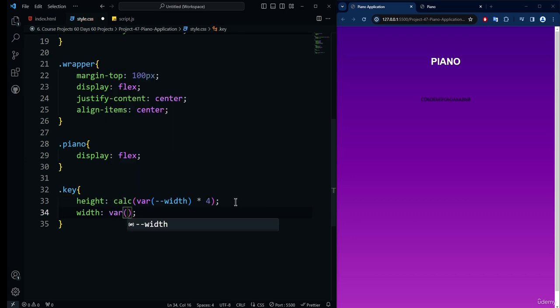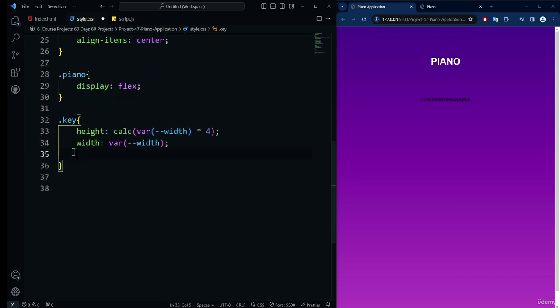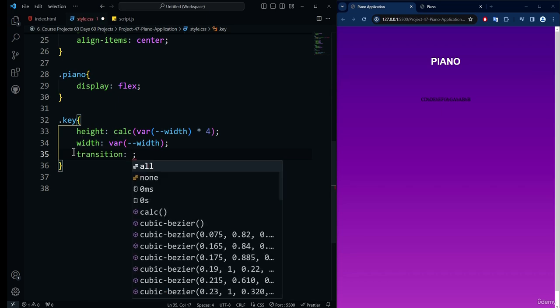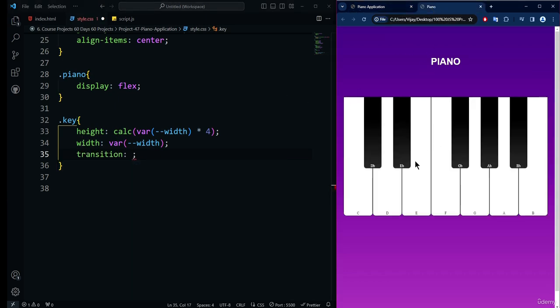Instead of that, I will be specifying the width. So after applying the width property, it's time to apply the transition property. Now these are the things I'm actually doing so that we can get the press effect whenever we click